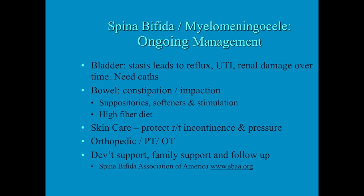So we put them on the bowel program that includes stool softeners and rectal stimulation, putting them on a toilet when they're old enough to sit so that gravity can help pass stools. We also have them on a high fiber diet and lots of fluids. Protect their skin from urine and stool as well as pressure because they cannot feel when they might be getting a skin ulcer. Orthopedics gets involved to help correct any of the extremity issues, occupational therapy and physical therapy as